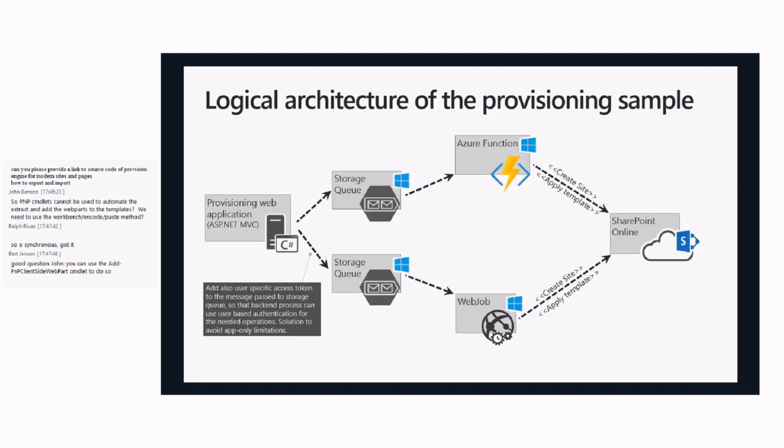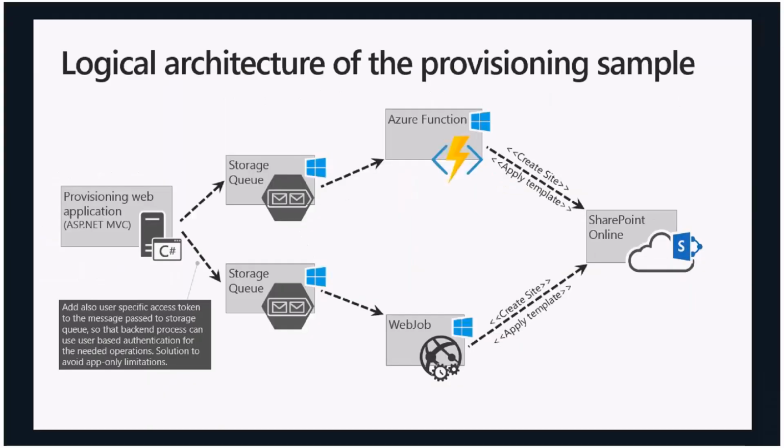One thing we also demonstrate with this sample, which I will show in a second, is a way that you do not always need to use app-only access in the Azure function or in the web job. In this particular solution, we take the access token of a user and include it in the storage queue message. By default, the access token in Microsoft Azure, I think, is valid for 1 hour. It could be adjusted by an Azure AD admin to a minimum of 10 minutes. Which means that within 1 hour, the message has to be processed, or otherwise the access token is no longer valid.